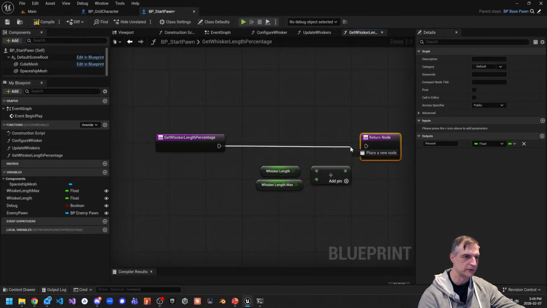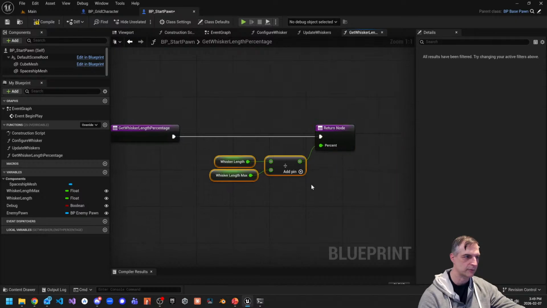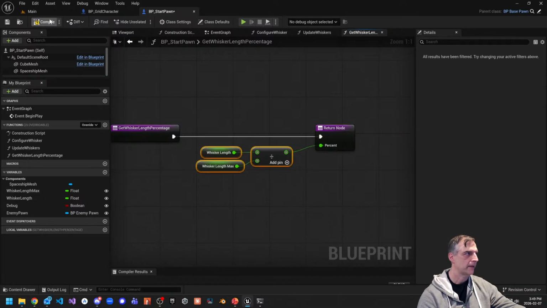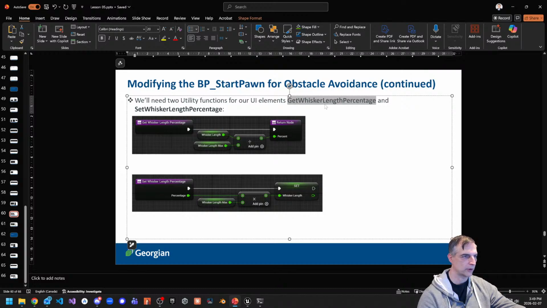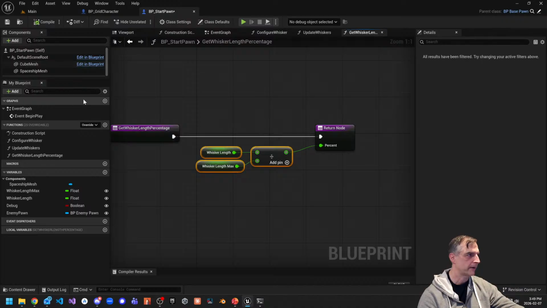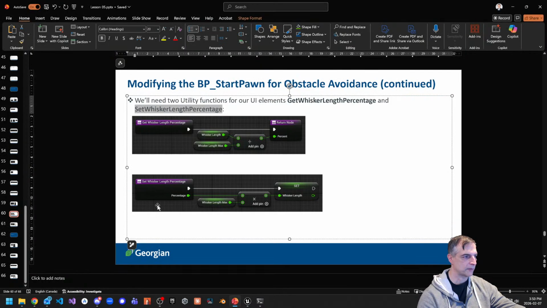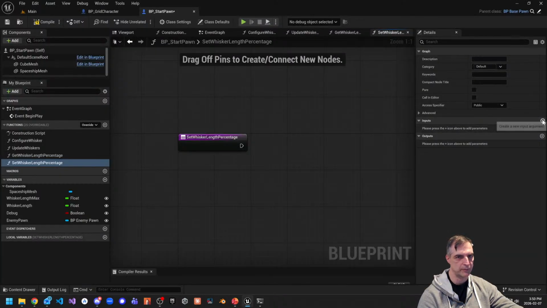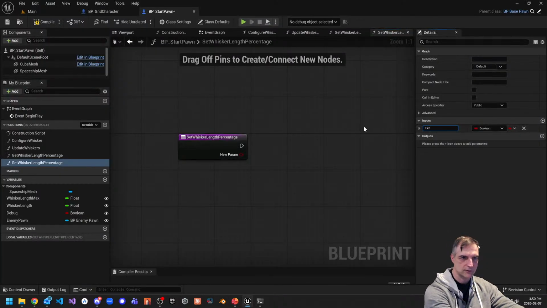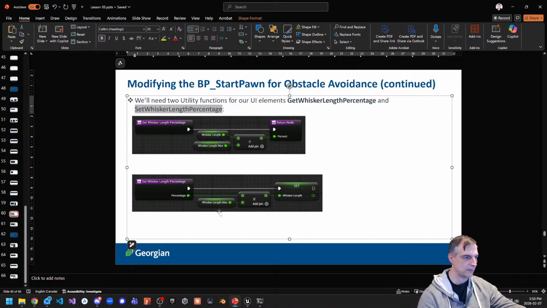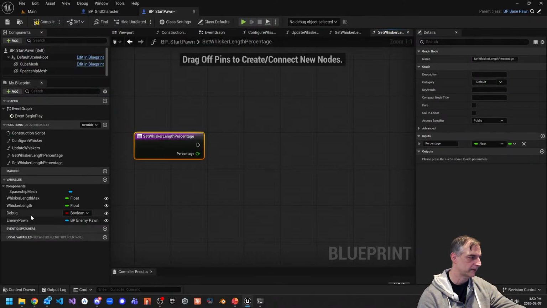Okay, so it's a little utility function we're going to use for user interface stuff that we're going to do in a bit. And the other one is we're going to call that set whisker length percent. So getter and setter pair. So let's add that in. And set whisker length percentage to the percentage we're getting in. So inbound, there is a percentage, which is a float. And then we're going to take that percentage and multiply it by